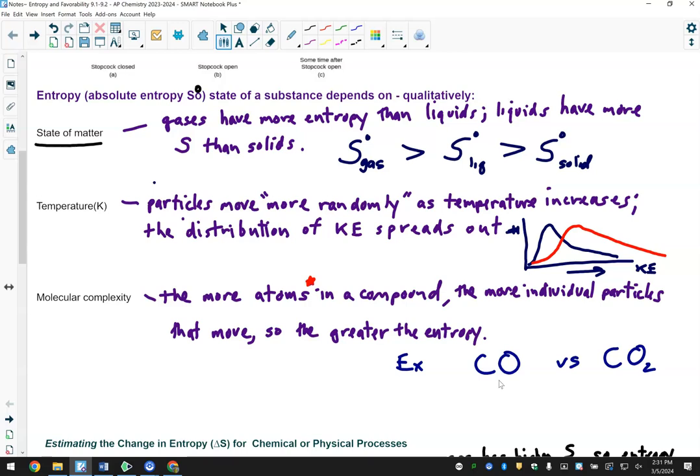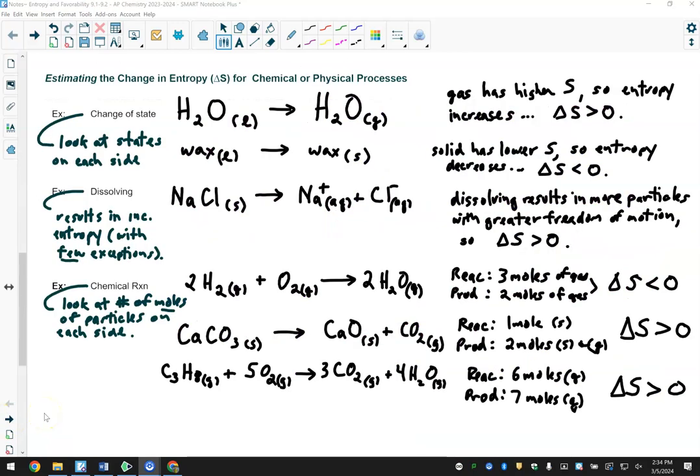Yes? Well, CO2 has 2 bonds with carbon, and there's more atoms in there bouncing around the central carbon in CO2. So the more bonds you have, the more atoms you have, the more individual particles that are vibrating, then the higher the natural entropy you would have. I know there's a lot here. I probably could have given you the printout of these, but anyway,